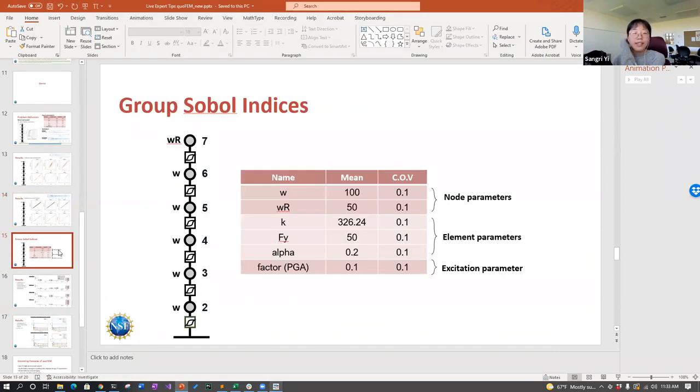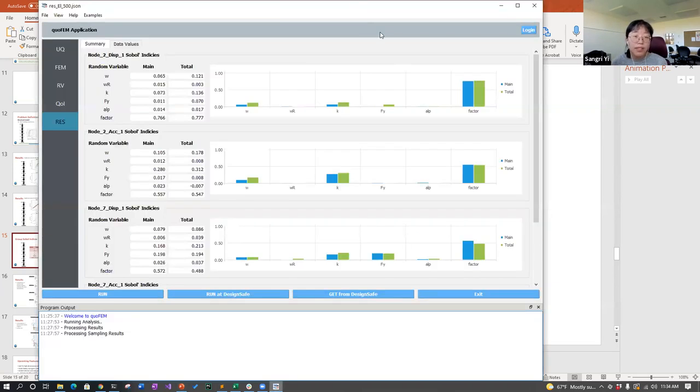And then there is something called groups over indices. So we can group our parameters with their properties. For example, this W and WR are both nodal parameters, and then these three are more like element parameters. And then we have ground motion characteristics. And sometimes we want to compare these parameters as a group. So when we run this,